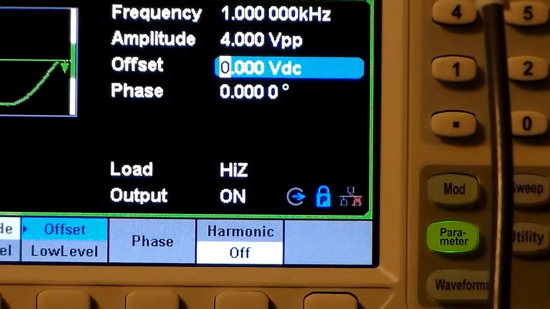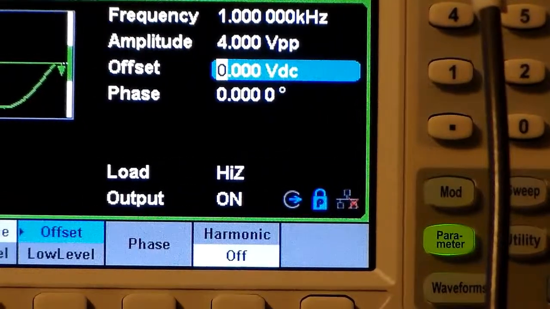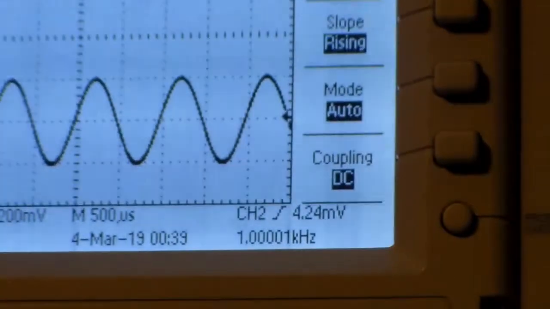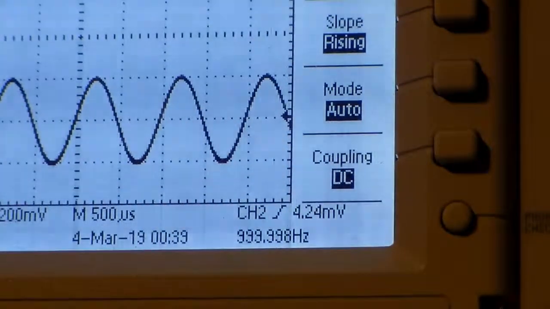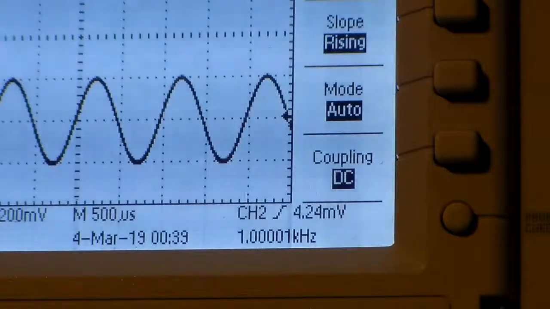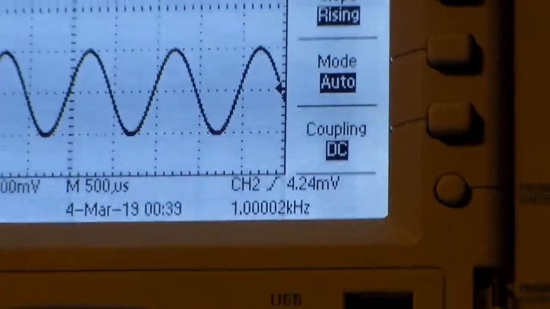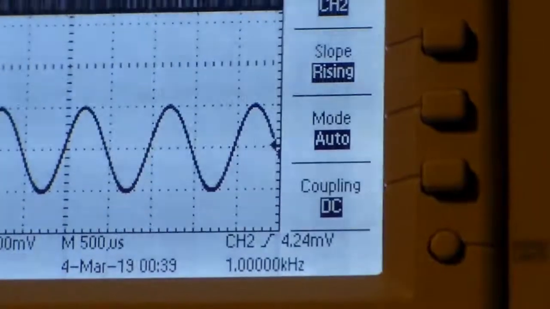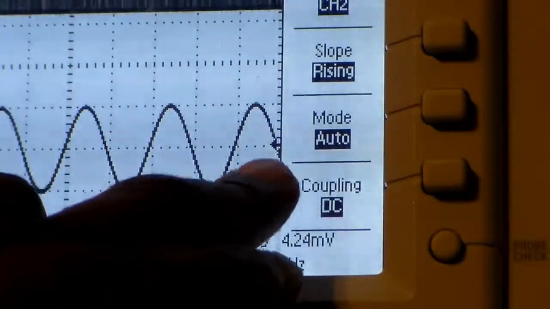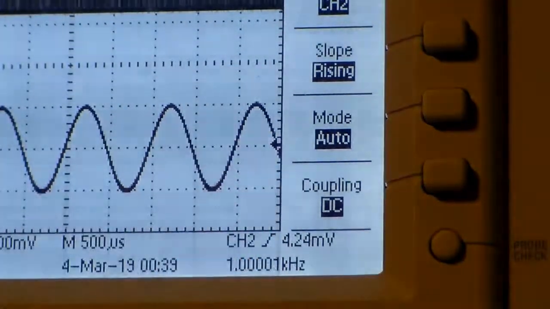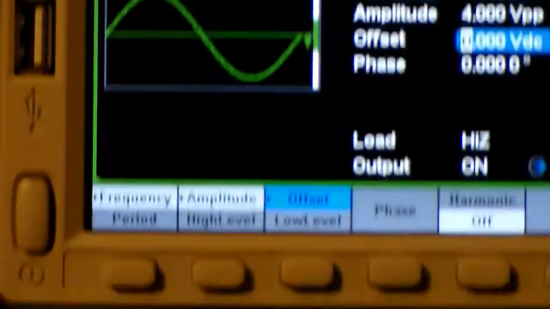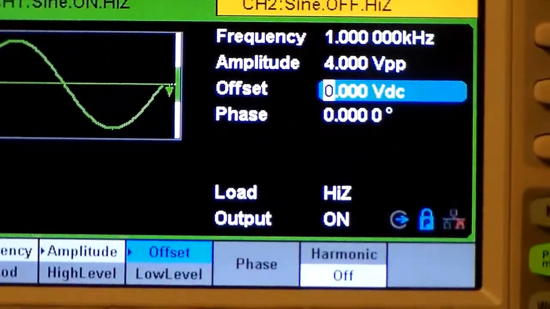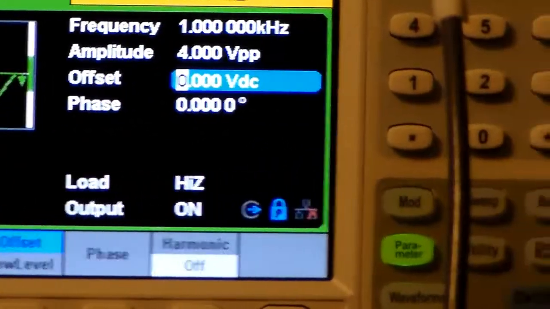Before we change it, let's look up at the signal. You'll notice that the ground line is coming in at this point right here, and the sine wave is around that ground line. It's right in the middle. If you look from the bottom to the top and top to the bottom, it's even between the two. Now, if we go down here and change our offset from being 0,